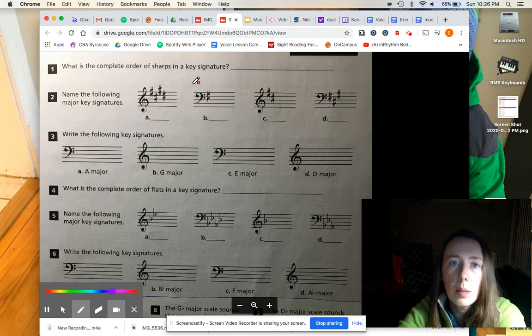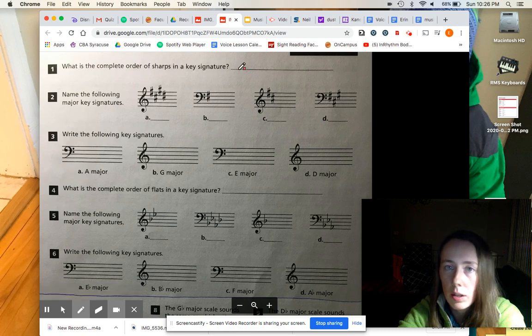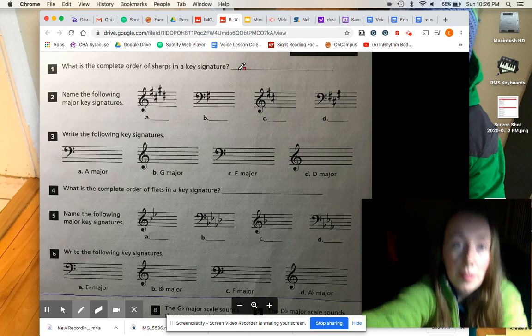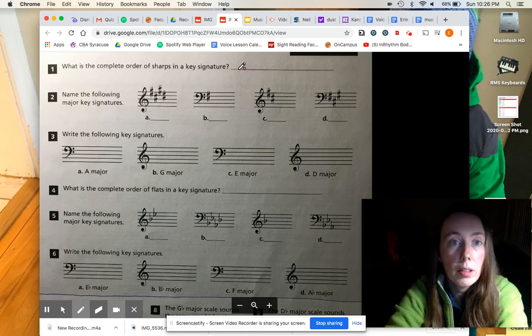So what is the complete order of sharps in the key signature? They want letters, and my hint to you for that one is the cats and what they do after breakfast. Okay,